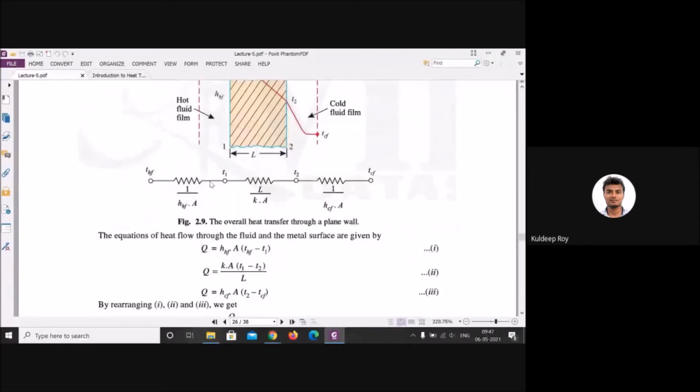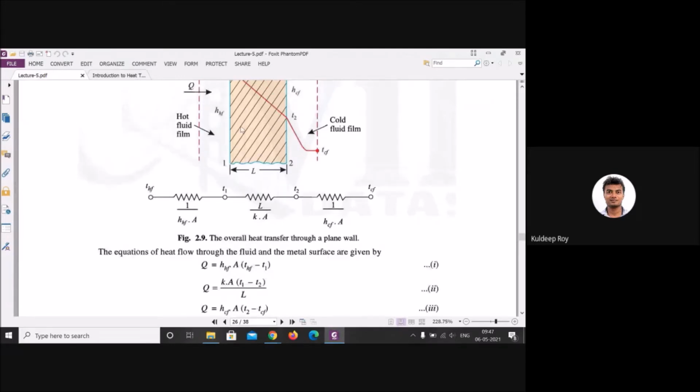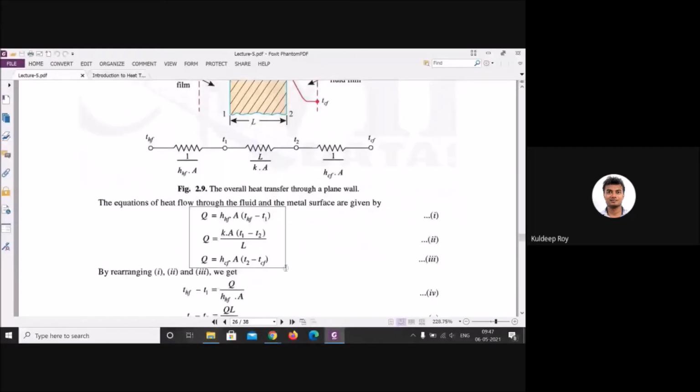Here the convective heat transfer will occur in the solid. Here your conduction heat transfer will occur. Then you have to equate hA (T final minus T1). Here will be the T final, here will be the T1. And here for the whole slab, kA (T1 minus T2) divided by L. This is the heat of conduction. And here again convection will occur. Now you have three terms and you have to equate each term.